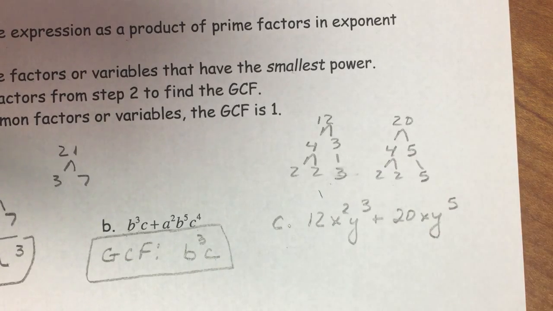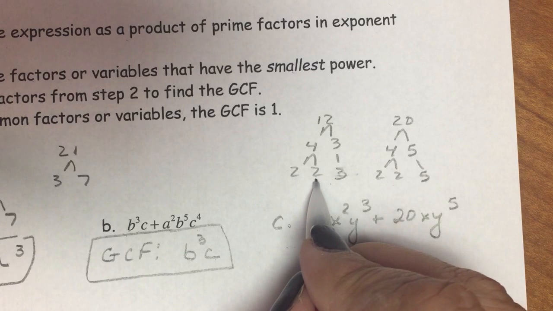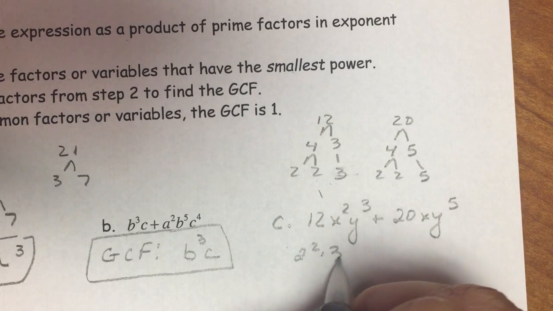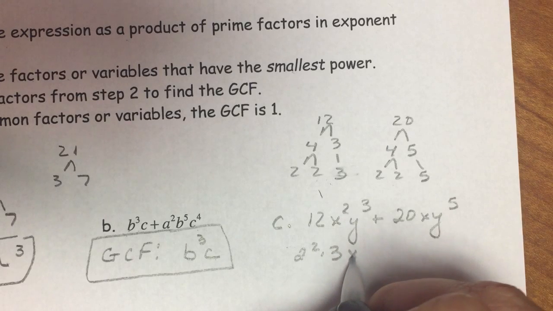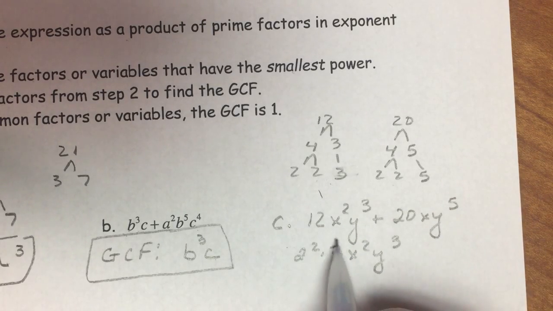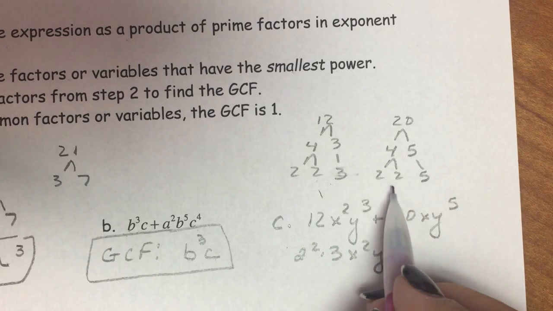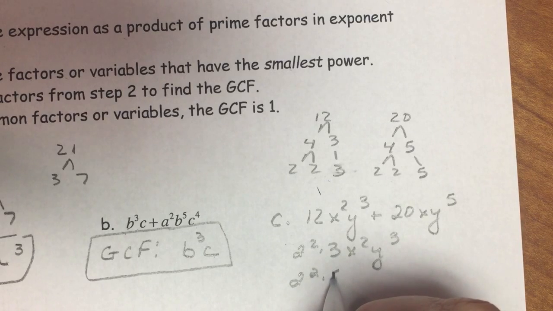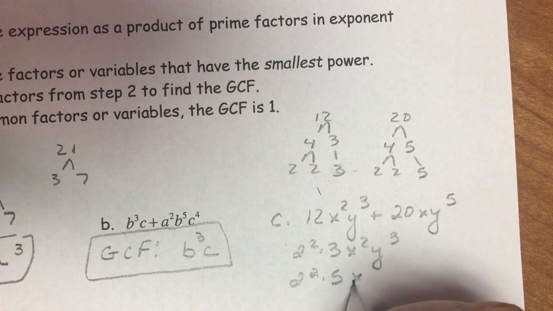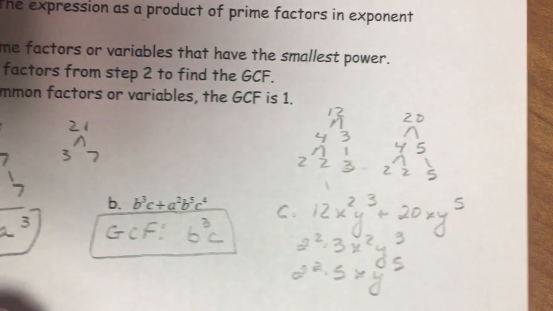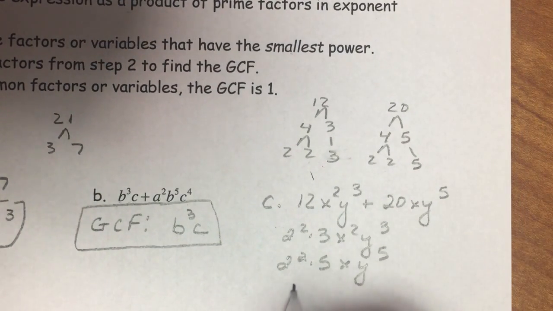So if I look at their prime factored forms, I'm looking at 2 squared times 3, and then x squared y cubed. That's your 12, x squared y cubed. And then for this one, I'm looking at 2 squared times 5 times x, y to the 5th. So my GCF,